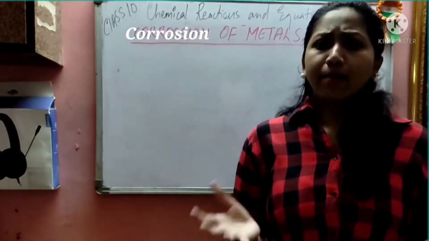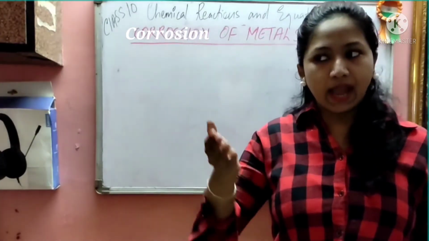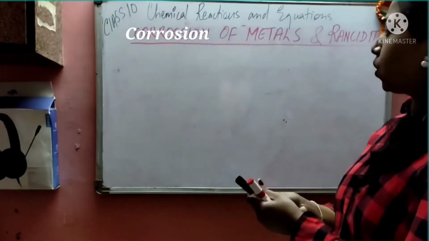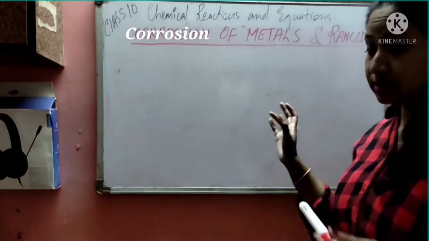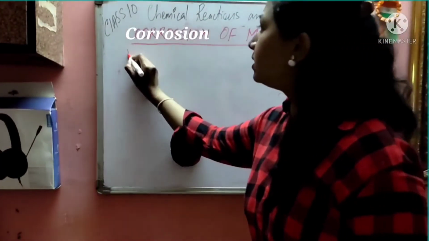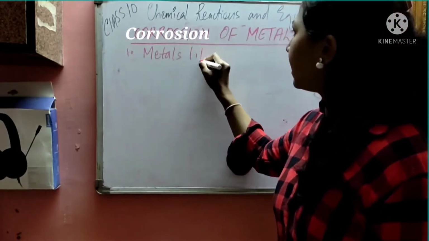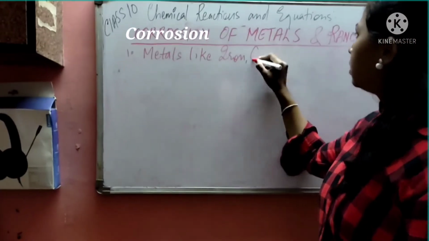So what happens basically when these metals come in contact with air, moisture and acid? That is what we are going to see. It's the corrosion of metal. So what is corrosion of metal? We'll see now. There are metals like iron. We are basically going to talk about iron, copper